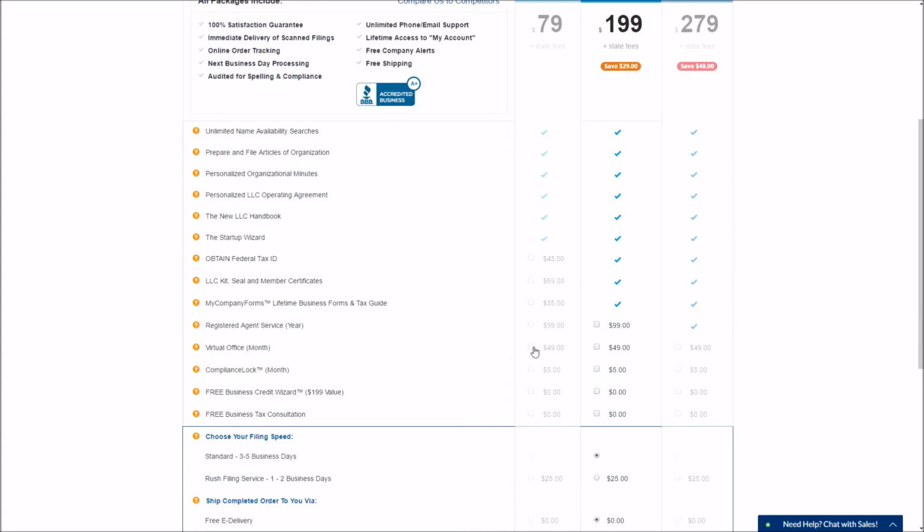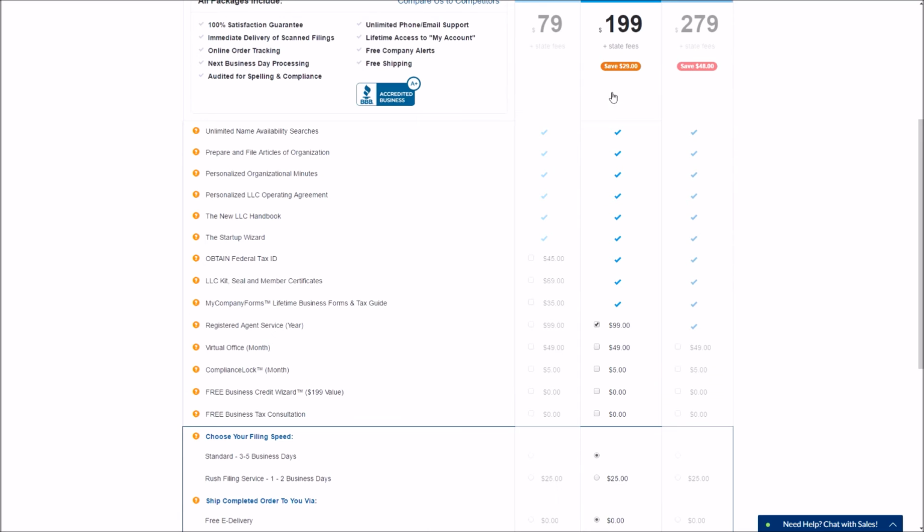If you don't have someone in Wyoming that can handle your paperwork, or in the state that you choose, if you don't have someone there with a physical address, then you'll most likely want to select this option. It's $100 per year, but they handle the paperwork for you. So what else is there to investigate here? The virtual office. Do you have a physical address for your company? If you don't, like I said, you could either rent out a physical address or use a UPS mailbox option, or get this virtual office, which is a price of $50 per month. So if that's something that you want to do, then you would select this button, of course.